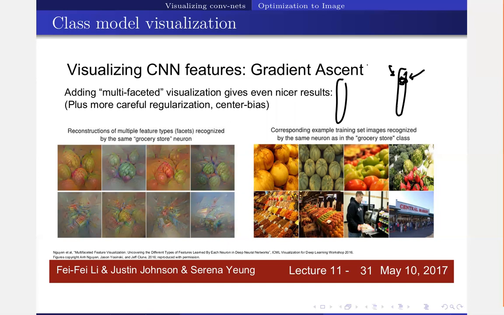So one work that has been done here is, instead of trying to visualize all kinds of chairs, just focus on one kind of chair. How they did that is, okay, I can consider